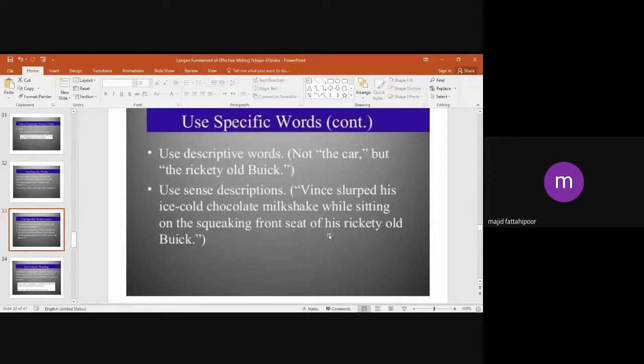Okay, so it shows this little boy, what kind of chocolate milkshake? I mean, we can imagine from that writing, and we can even imagine that kind of car, even if we never experienced such a car,